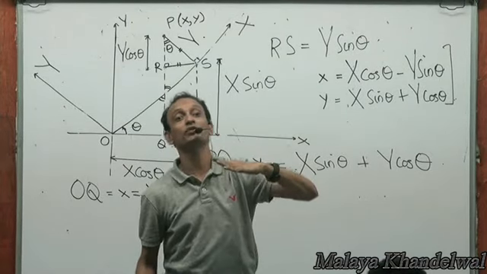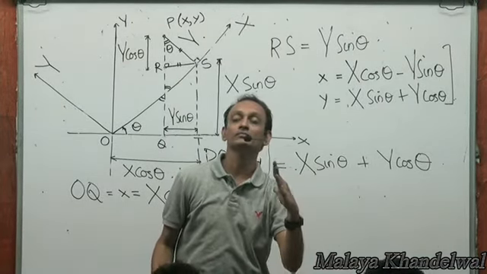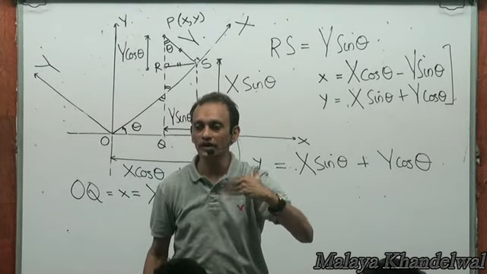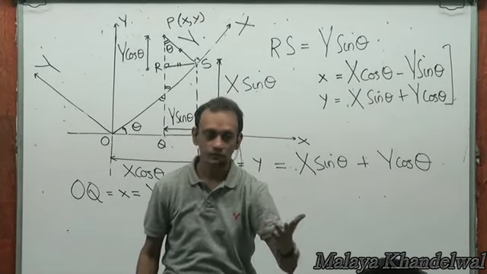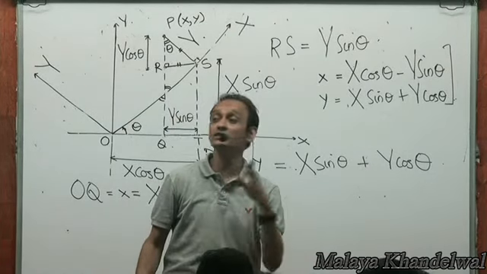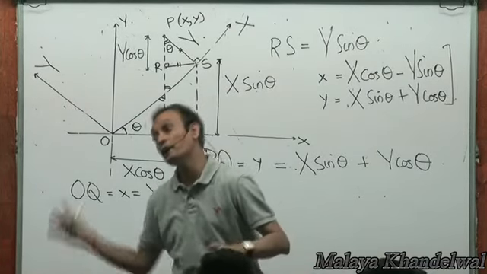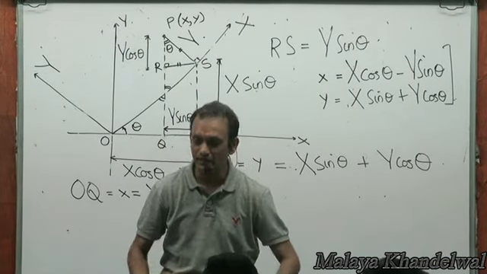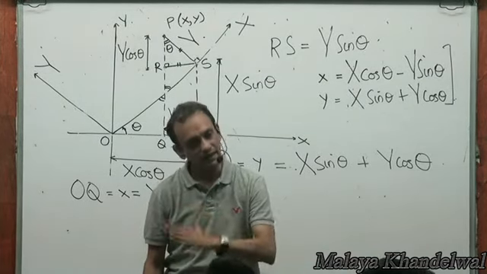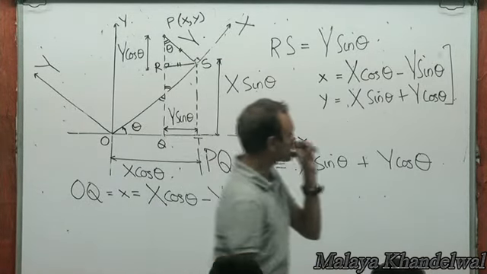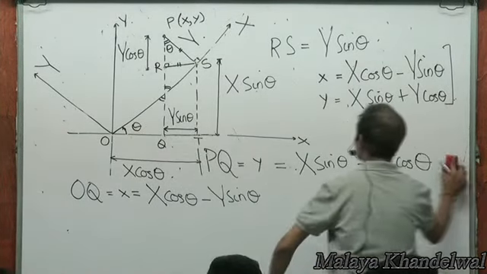If the coordinate axes are rotated by an angle theta, say by 30 degrees clockwise, then theta would be minus pi by 6. If 30 degrees anticlockwise, theta would be plus pi by 6. Right? Theta would have to be plugged in with its appropriate sign, taking counterclockwise as positive and clockwise as negative, as is customary. Now,